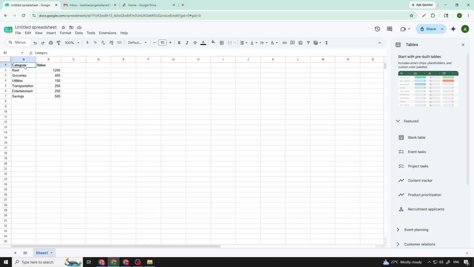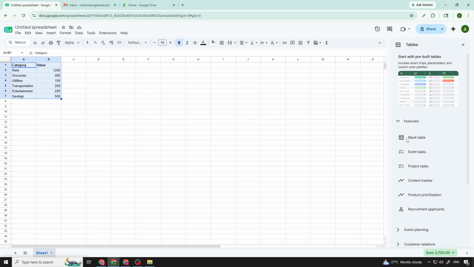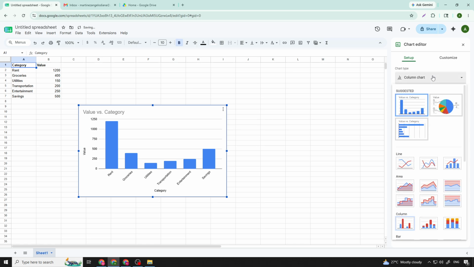Next, select the full data range, including both the labels and the numbers. Click and drag to highlight everything you need for the chart. Then go to the top menu and click Insert. Then click Chart. A chart will automatically appear on your sheet, and the chart editor will open on the right